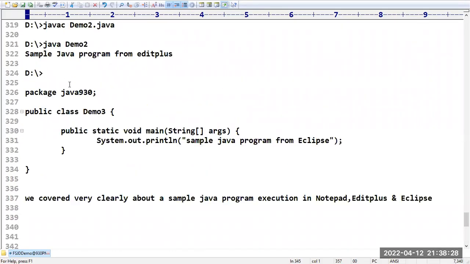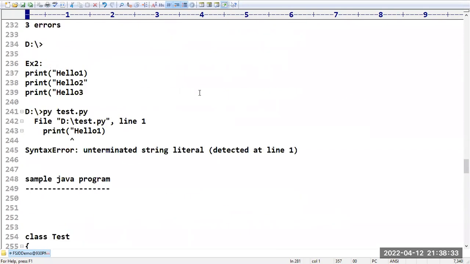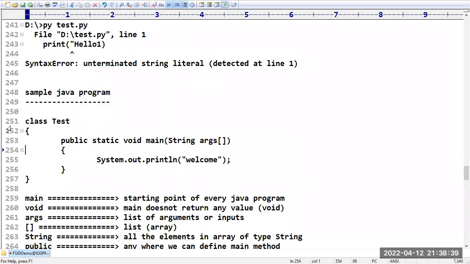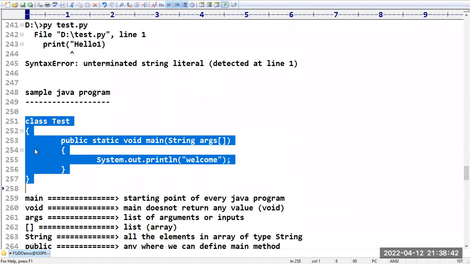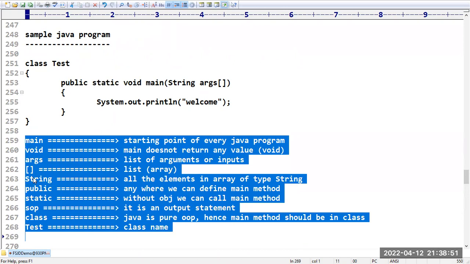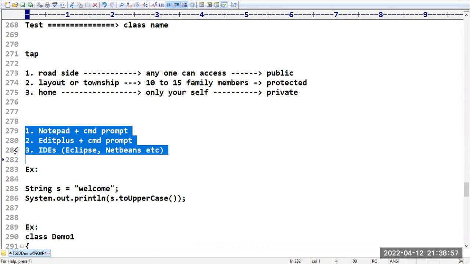Good evening, friends. In the last videos, sir, I covered very clearly about a sample Java program execution. How you can prepare a Java program, and the internal details of each and every word, I covered in the last videos, sir. Then, in how many ways can we create the program? By using Notepad and a command prompt, I explained. By using Edit Plus and a command prompt also, I explained, and by using Eclipse IDE also I demonstrated the